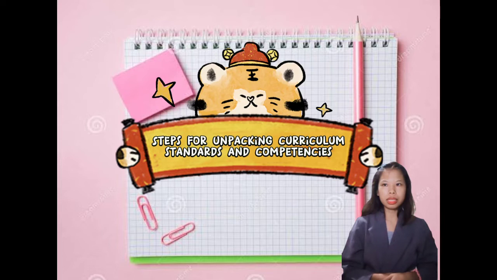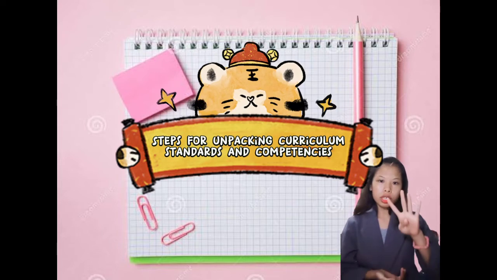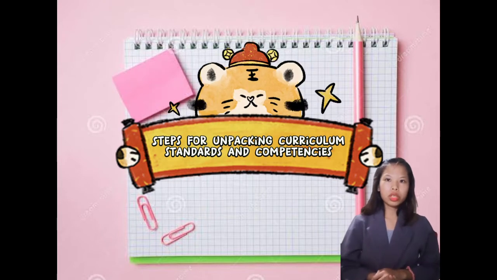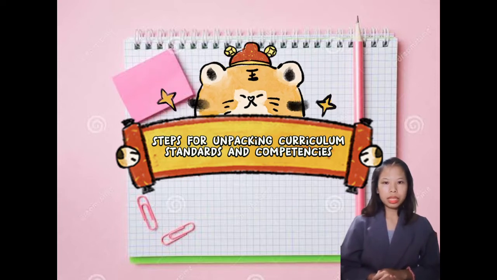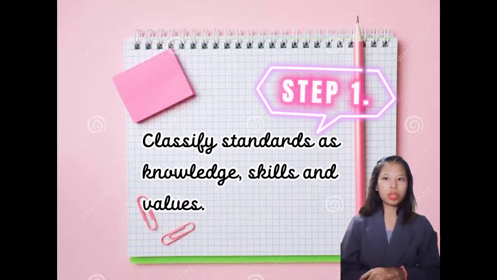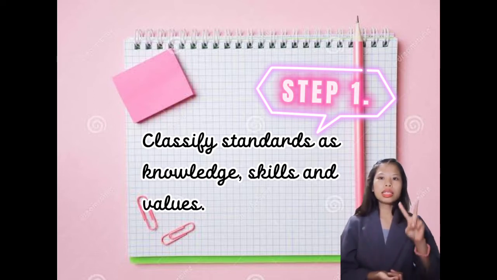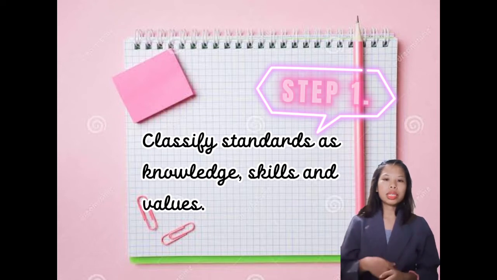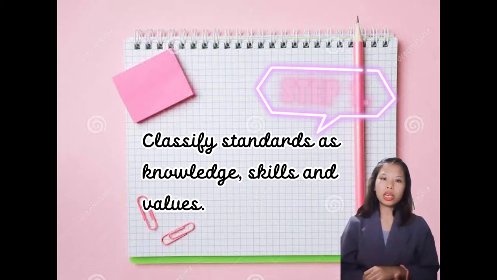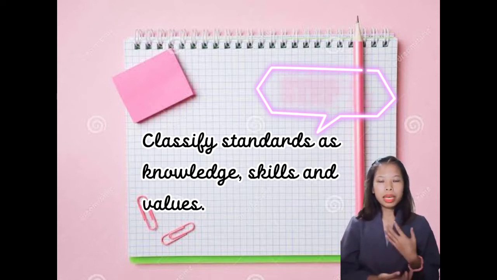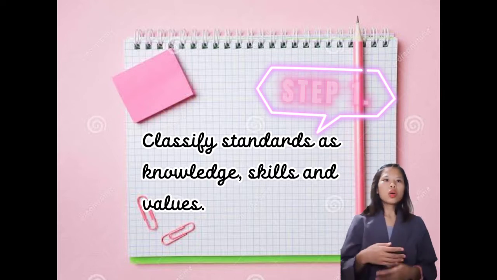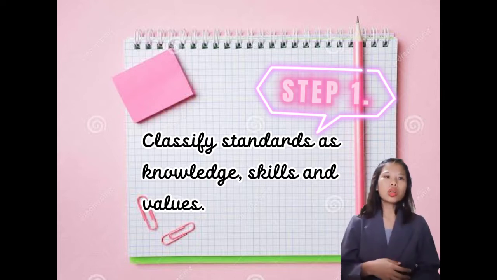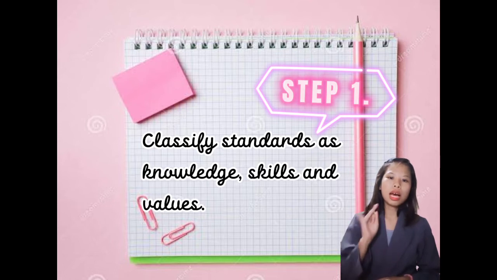There are 4 steps in unpacking curriculum standards and competencies. The first step is to classify standards as knowledge, skills, and values. From the very beginning, we always encounter these 3. These are what we use in making lesson plan objectives with its 3 domains, which we call cognitive, affective, and